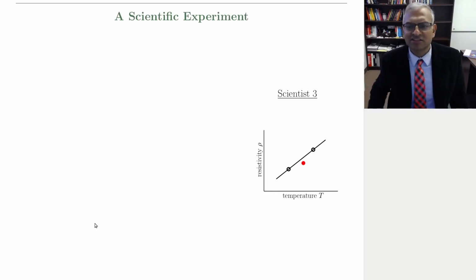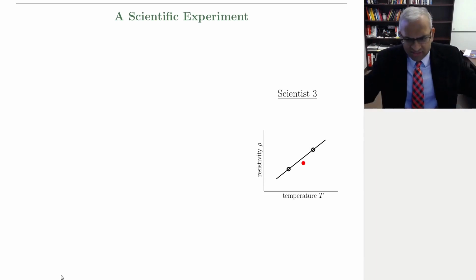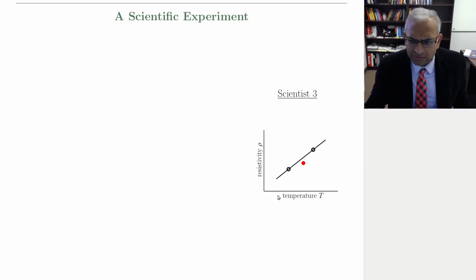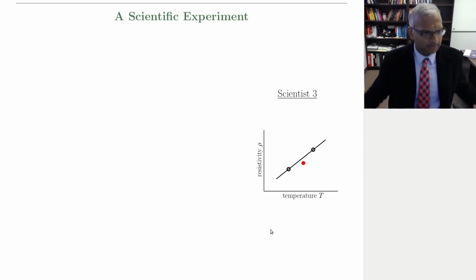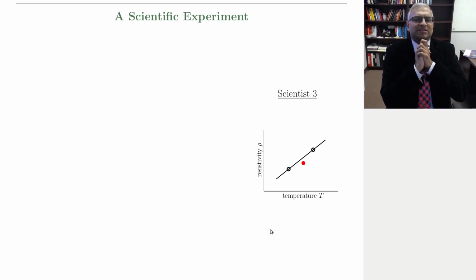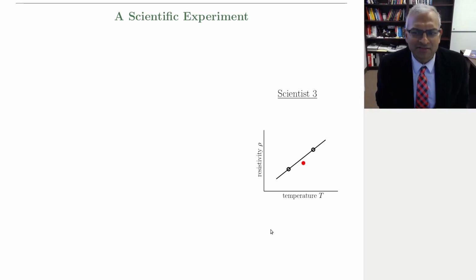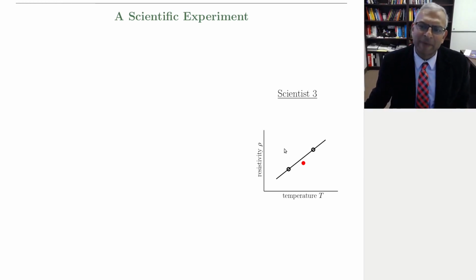Okay, so let's consider a scientific experiment. There's this physical theory, and we postulate that the resistivity of a metal is linear in the temperature T. So the physical theory postulates this. Okay, so we send out our scientists to investigate, and scientist 3 comes back, and has collected the resistivity with